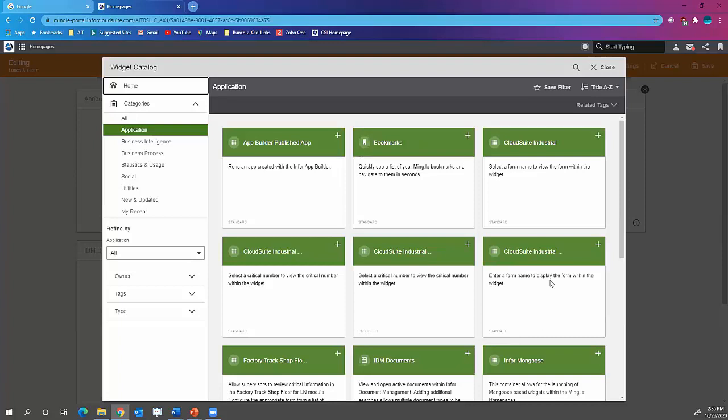A little bit about critical numbers for those of you who don't know what they are. They're KPIs. They come with the Sightline Cloud Suite application. You get about 130 of them out of the box. You can take those and use those. You also can absolutely create your own critical numbers. And to do that, you use the UI to drop down and go, you know, there's the customer and there's the dollar amount and all that sort of stuff. You can put limits on it, alerts, you know, when it's over a certain amount, I want it to behave a little bit differently. But the awesome thing, getting back to that data lake side of it, is